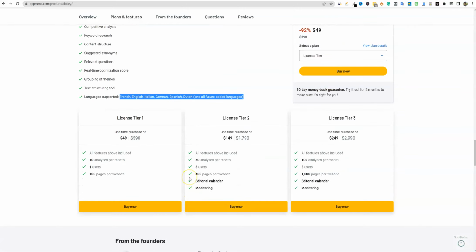So the AppSumo lifetime deal pricing is licensed tier 1. It comes in at $49. You get all of the features above, but you get 10 analyses per month, 1 user, and 100 pages per website. So this is where there's going to be a little bit of